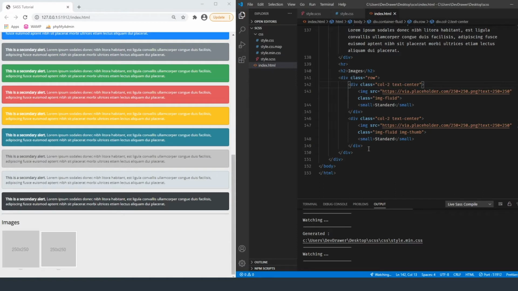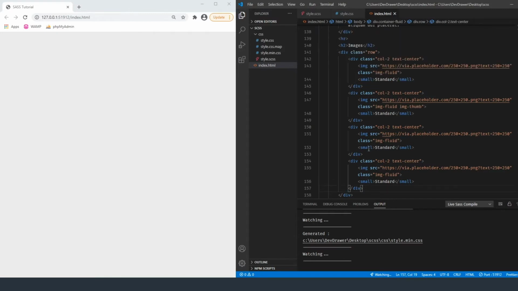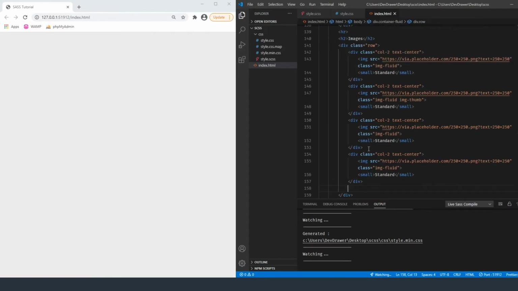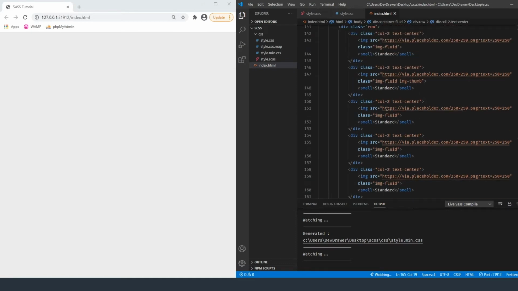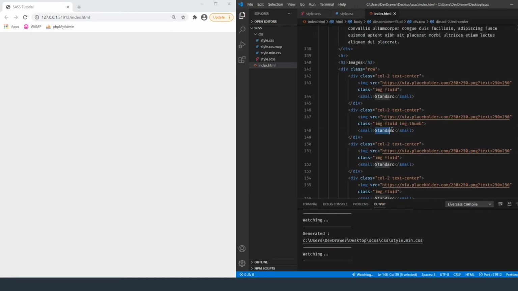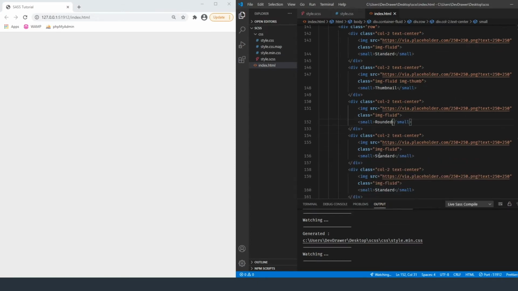So let's take the first one. I'm just going to copy it, and we're going to do one for rounded corners, or around it itself, so like a circle. And then we're going to do another one for rounded corners, and then I also want to throw in another class just for like a left round and a right round, which isn't something that Bootstrap does. So we'll use that. So let's do this one as a thumbnail, and then we can take this one. This one's going to be our rounded, and then we're going to do